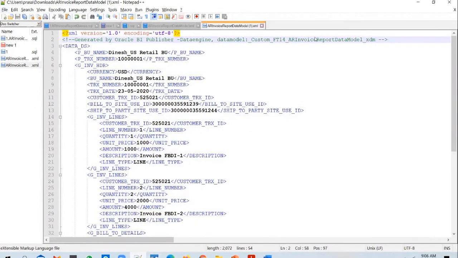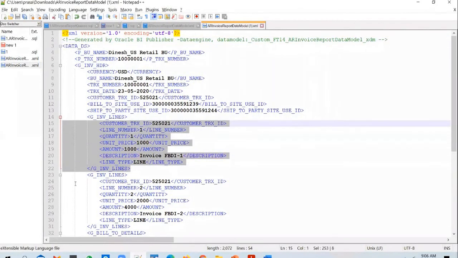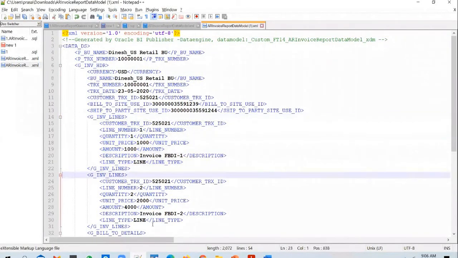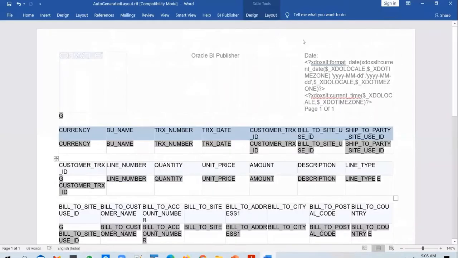Where is this saved? This is saved in the download. So what I do is I will load in this file, and this is an XML file. This is the XML file generated by the data model. But instead of just one line, I have added one more line in there. I just copy pasted it just to show you how group tags work. Okay, I can load in this XML.